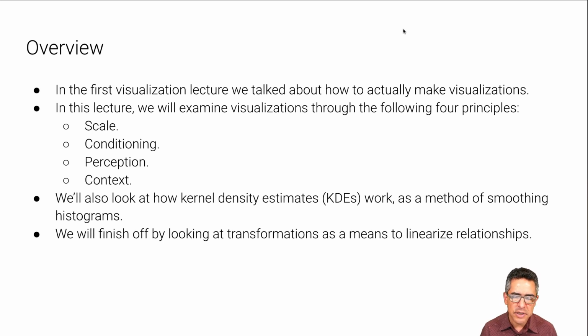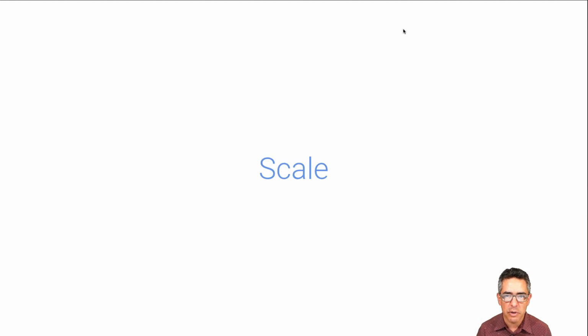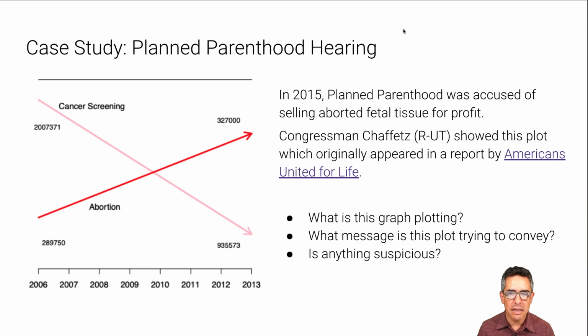And we're also going to dig a little bit deeper into the technical aspects of kernel density estimations, as well as some algebraic transformations that we can do on data in order to linearize relationships, which is something that we tend to confirm visually and that is useful as part of the modeling process that we will come to next. So the first of these general principles that we'd like to discuss is the principle of scale in the